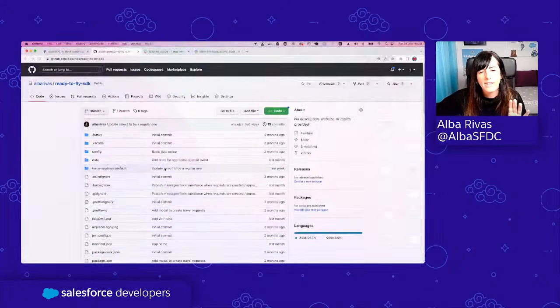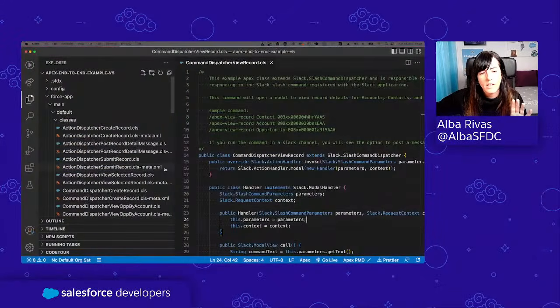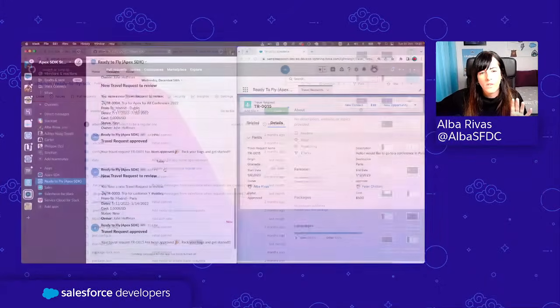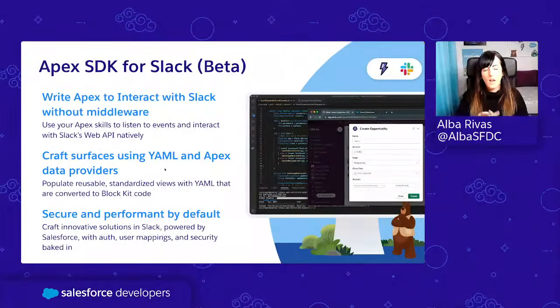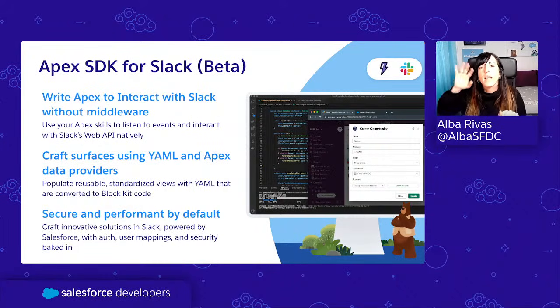Here I have a slide that summarizes a little bit the way in which we have created the Apex SDK, okay? So first of all, we remove that middleware app and everything that you write is Apex. Second,